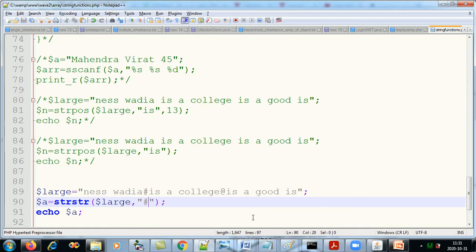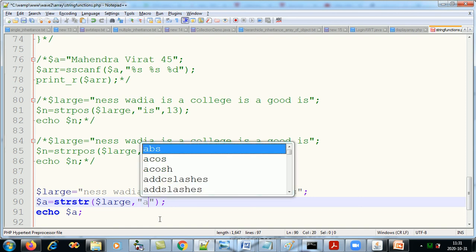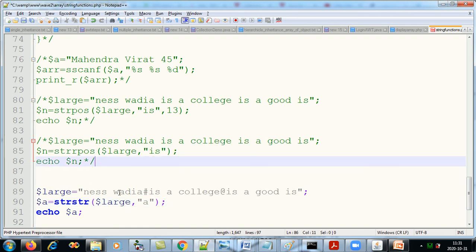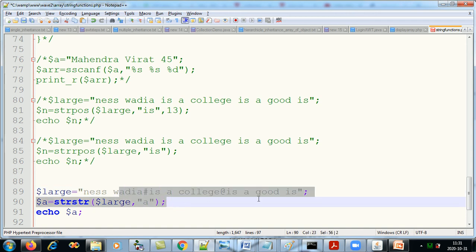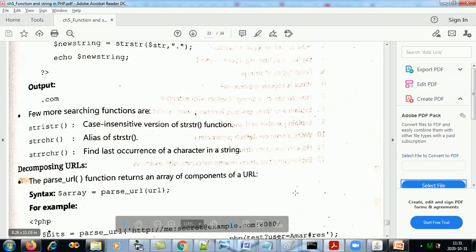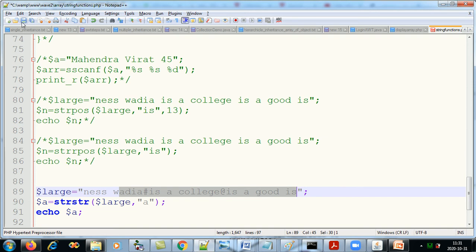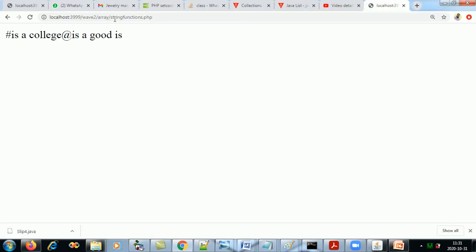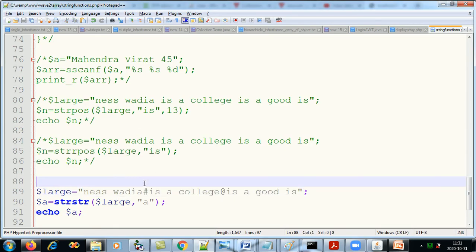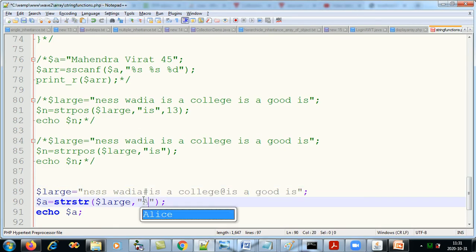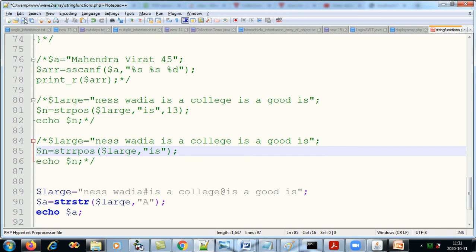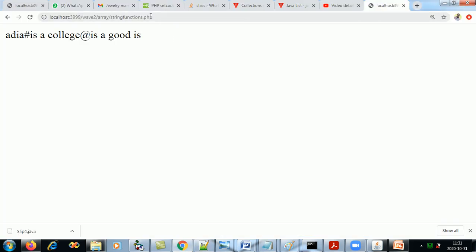Okay, this is case sensitive. What if I give character as A? If I give character as A, which is the first A from here, it will return you this string. Let's check that. Have I saved these changes? Let's run that. Clear? Is there a capital A over here? No. If I give a capital A, by default it is case sensitive, so this should return you null. It should return a blank string. See, it returns a blank string.